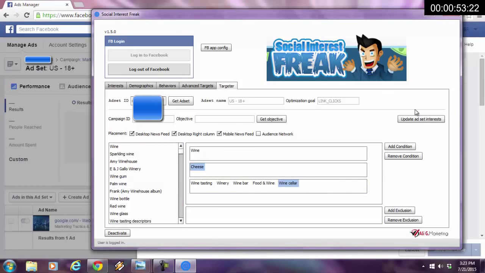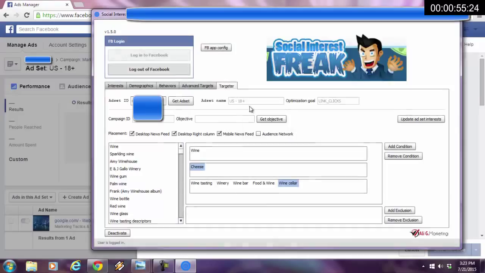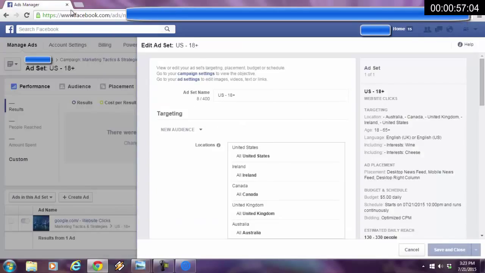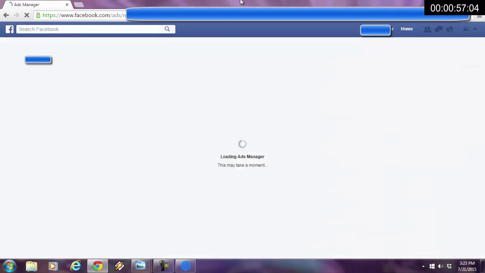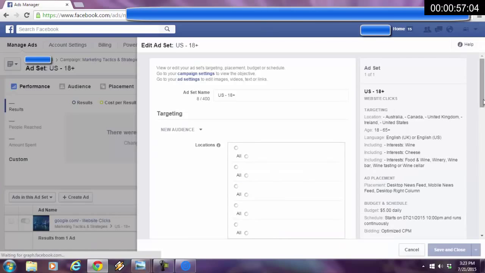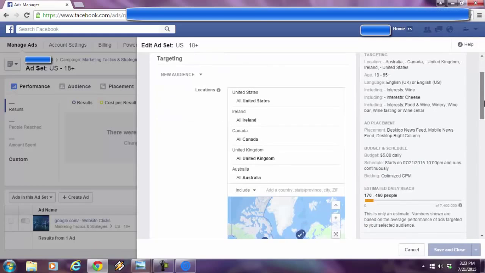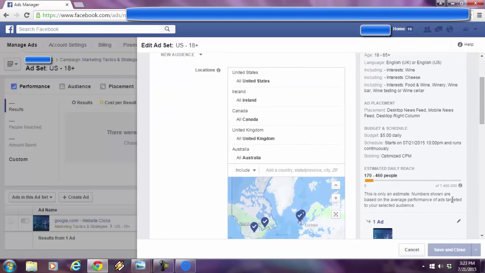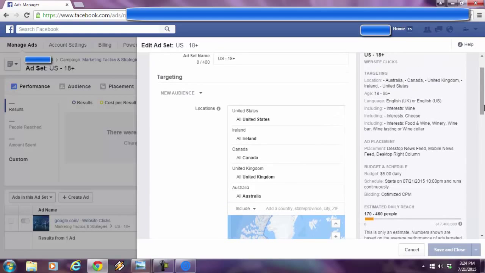I'm going to hit update ad set interest. Update was successful. Hopefully somebody timed me. That was all within 60 seconds. I'm going to hit refresh. And look at this audience size. It went down from 51 million people that Facebook said was targeted down to 7.4 million people. Now, why is that? Well, basically, if you look at the interests, they're all the same. The English-speaking countries, that's all the same.